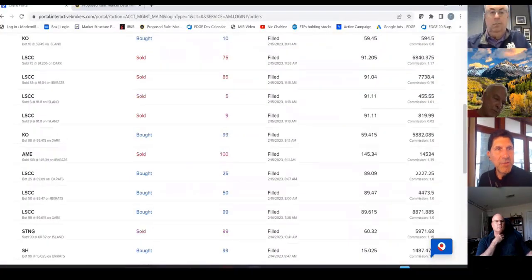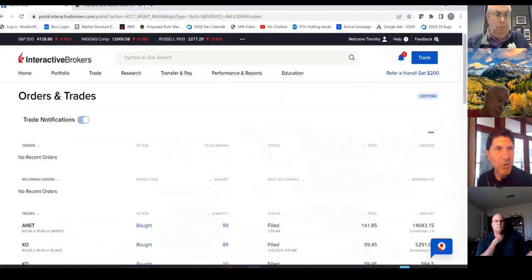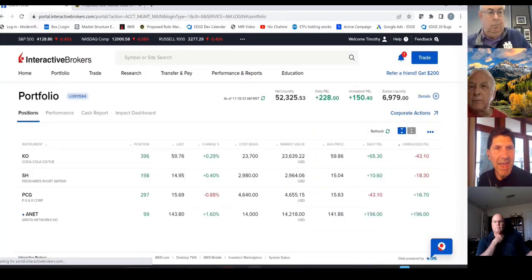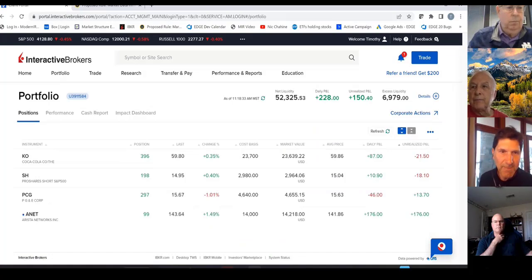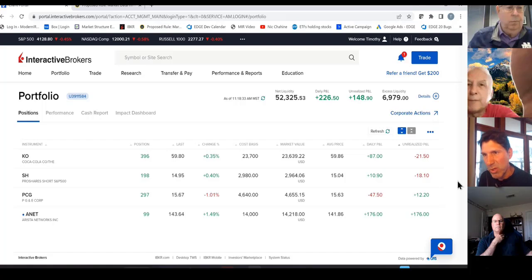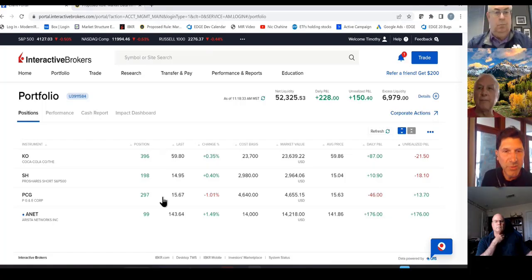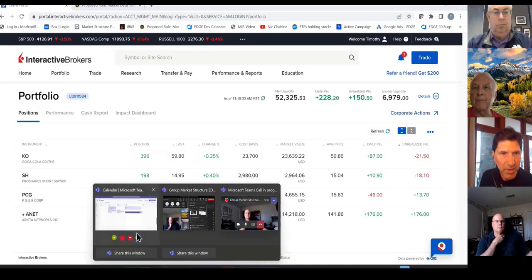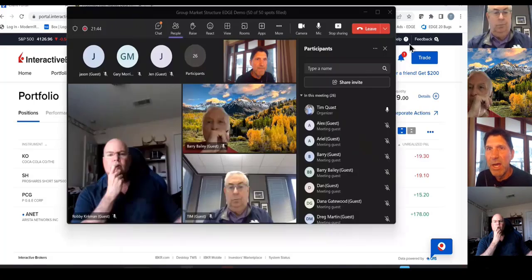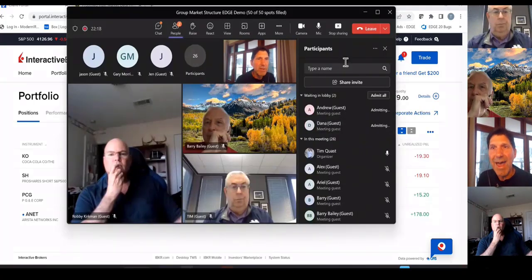There are reasons why I do this. I trade on Interactive Brokers, and I don't like to have positions during options expirations per se, but I do. And I generally buy this very same stuff I talk about all the time. And I want to show you these trades because I think it's important. So you see, I trade 50,000, something like that. So not a lot there.